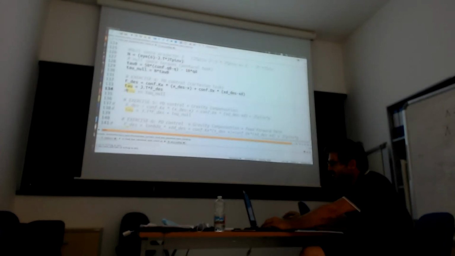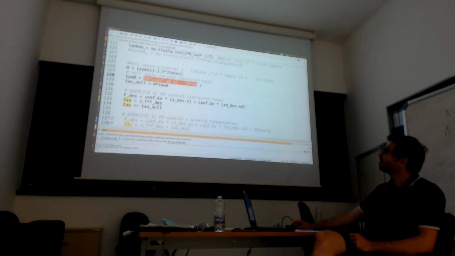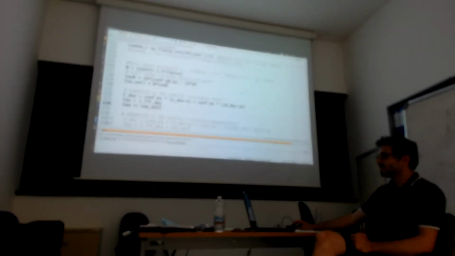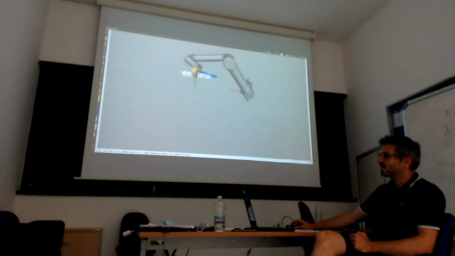That's why, because there was no postural task. If we have a postural task that tries to keep the robot in a default configuration, conf.q0, that we select, and we multiply these torques by the null space of the end effector task and add it to the torque, then I expect the robot is from one side trying to follow the end effector, but from the other side trying to keep the default configuration. So you will see the joints are no longer moving randomly,